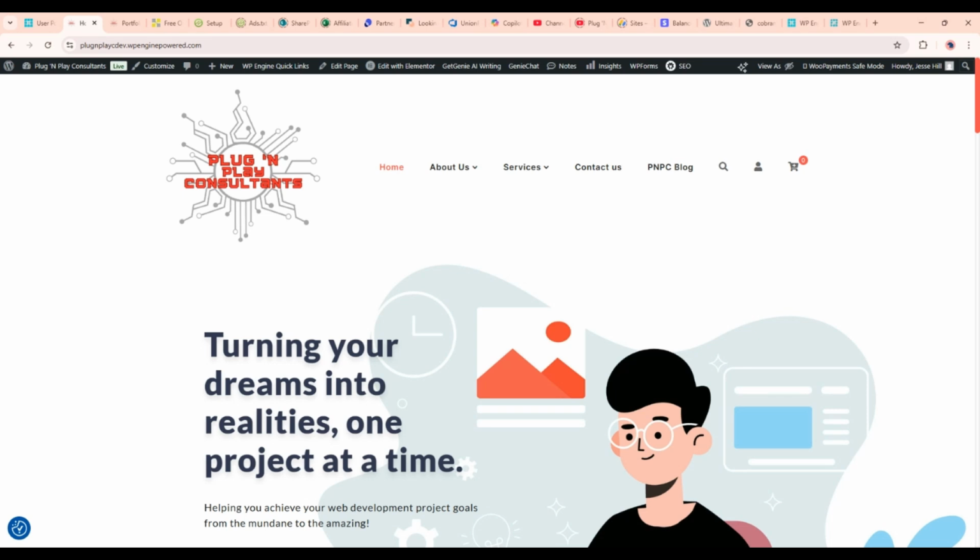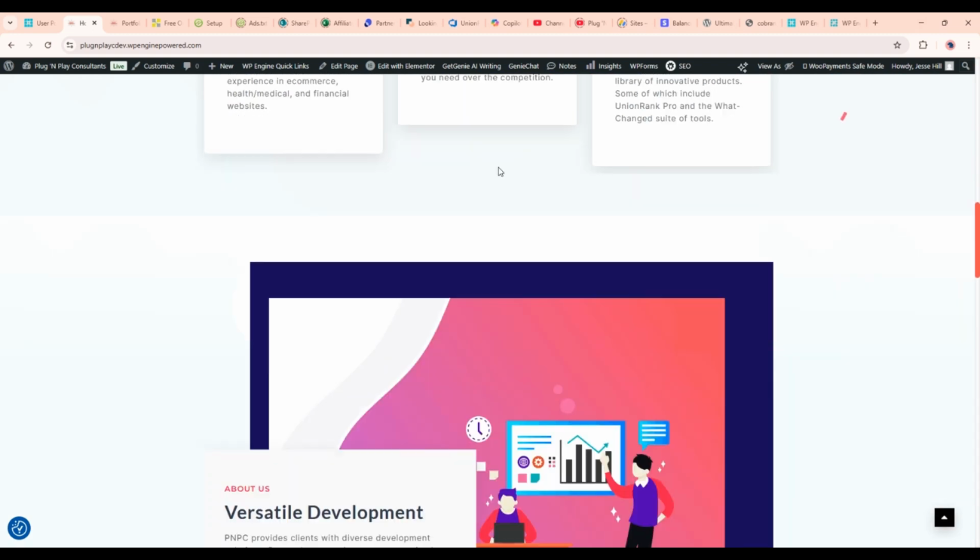Okay, so this is my development site on WP Engine. WP Engine is pretty great for WordPress developers because it does give you a development site, a staging site, and a production site all for one plan. And so this is our development site. And what we're going to do today is